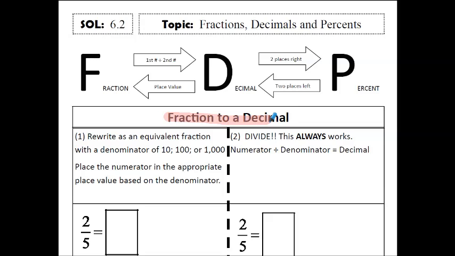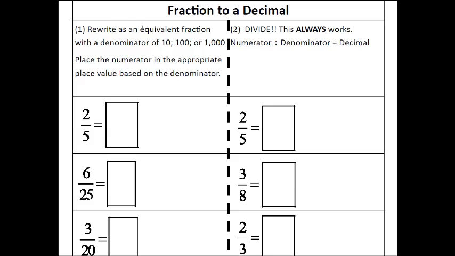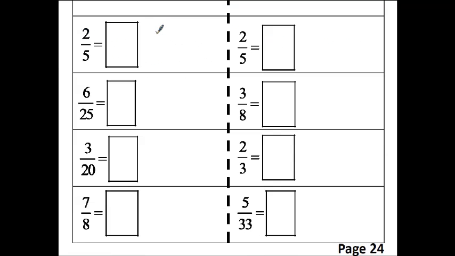Now we're going to show you how to go from a fraction to a decimal. To go from a fraction to a decimal, you take the first number and divide by the second number. The order really matters, and sometimes the smaller number is first. So we rewrite an equivalent fraction with a denominator of 10, 100, or 1000, and this is the easier method